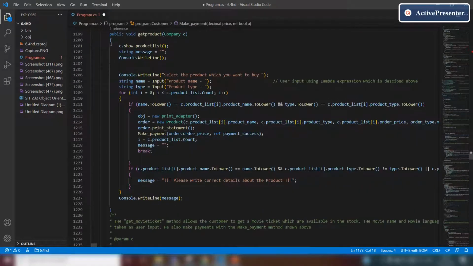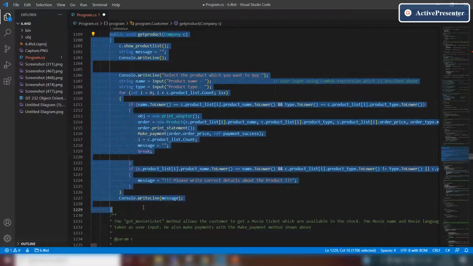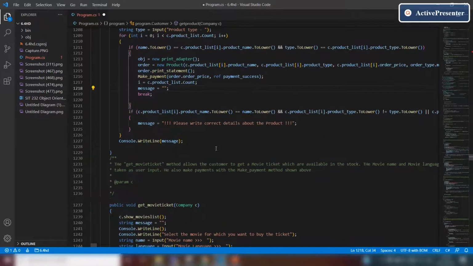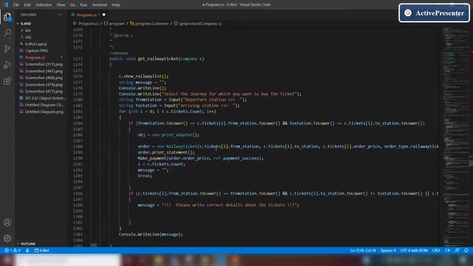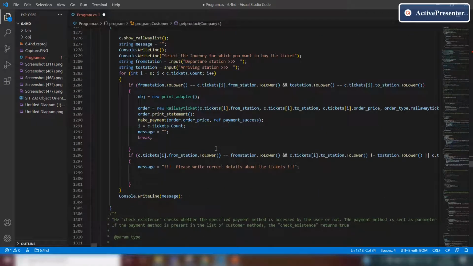This is the get product method where the customer can get products available in the stocks. Similarly, this is the get movie ticket method. This is the get railway ticket method where the user can get the railway tickets using these methods.